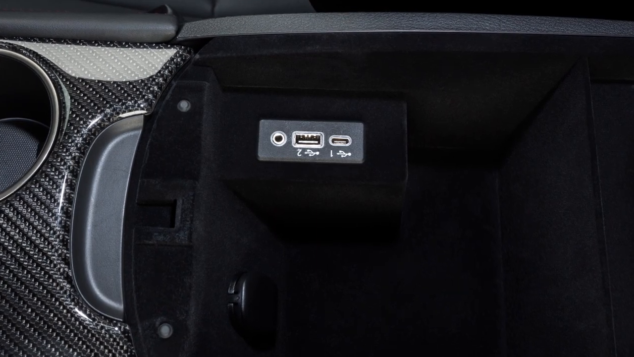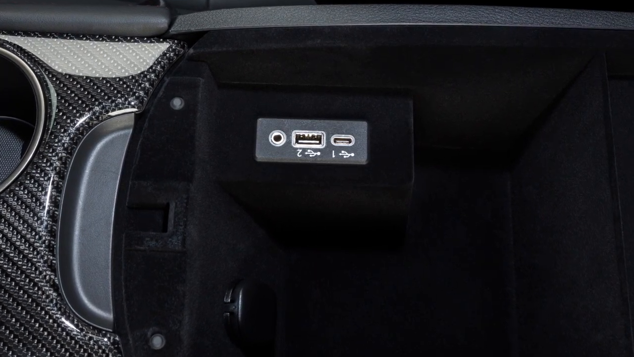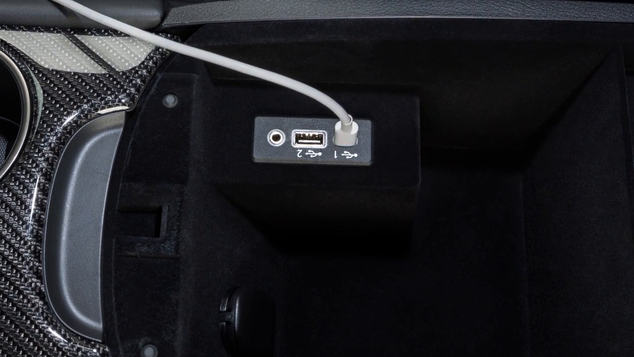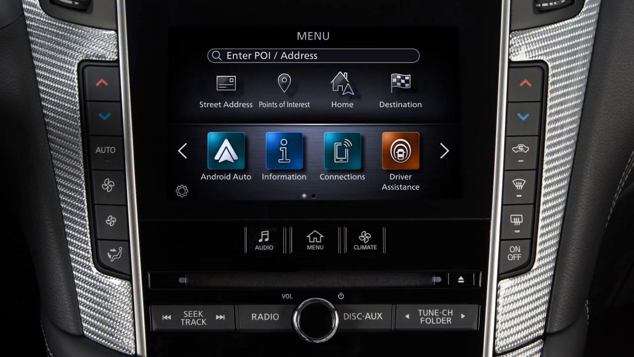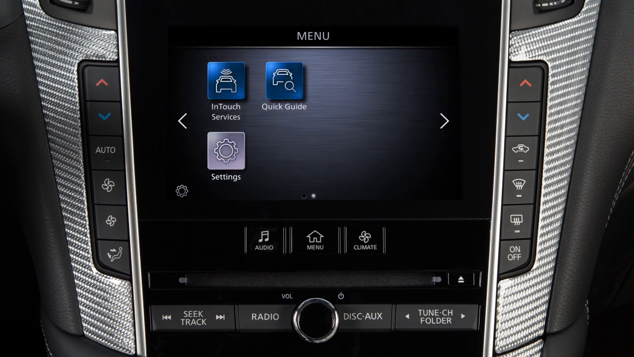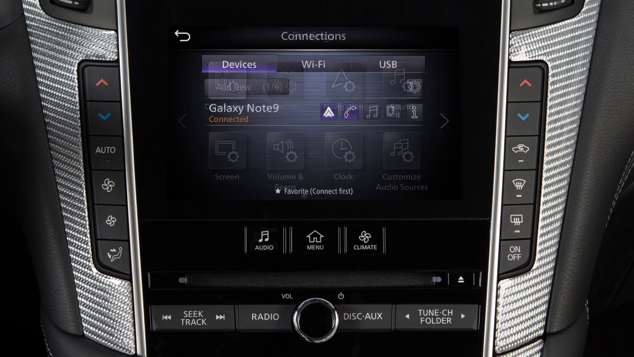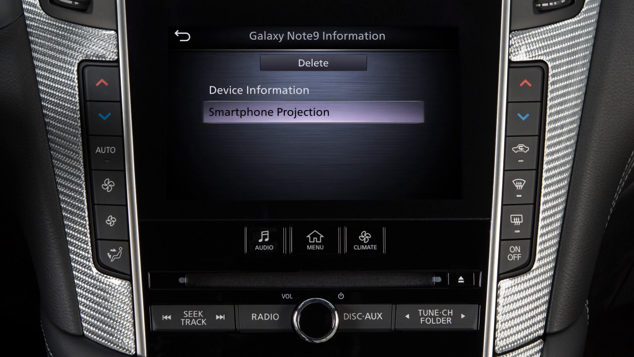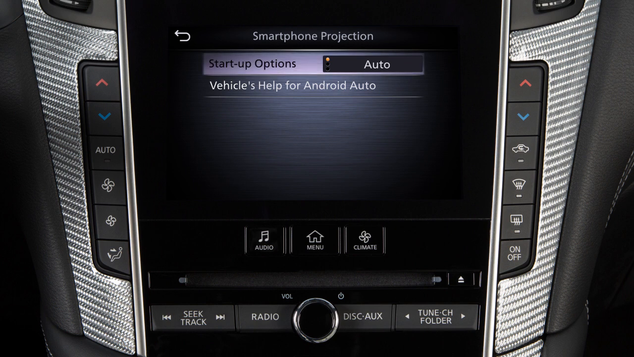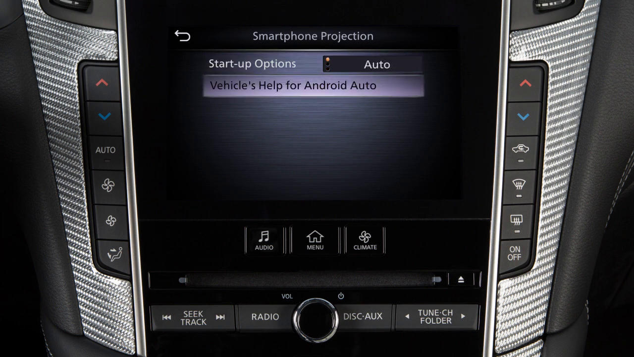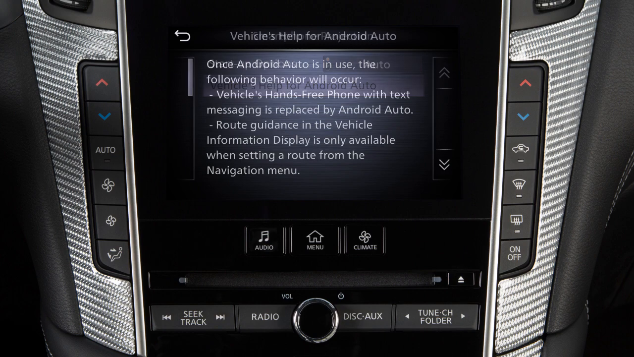You may change the settings so that Android Auto will not automatically connect every time your phone is plugged into your vehicle. To adjust these settings, press the menu button. Touch Settings, Connections, Devices, this information icon, Smartphone Projection, then Startup Options to set the feature to Auto, Ask Every Time, or Never Start. From this menu, you can also touch Vehicles Help for Android Auto to view helpful tips